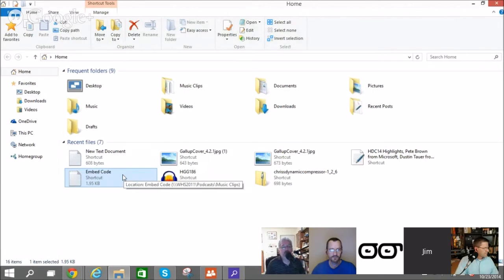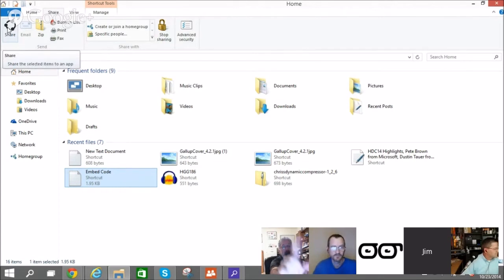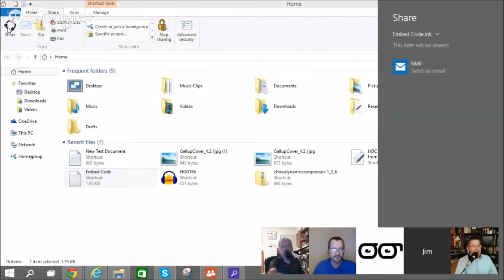Click on the Share tab up at the top, by Home. Look, there's a Share icon in a desktop program. If you click on that, we've seen this before. It's the Share charm, which eventually is going to go away. This is one of the things that is not going to remain as it is in Windows 10 eventually. But there's a Share charm in a desktop program, and for me, I've always wanted that in 8.1. I don't know about you, John, but I've always wanted to be able to share from desktop.